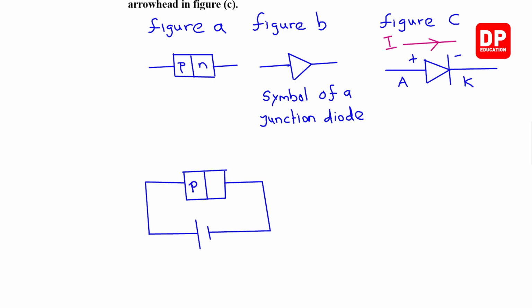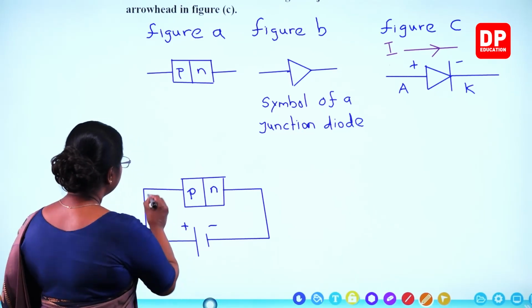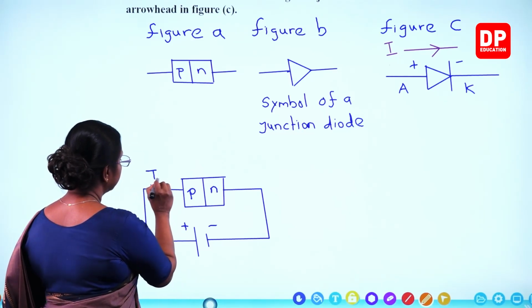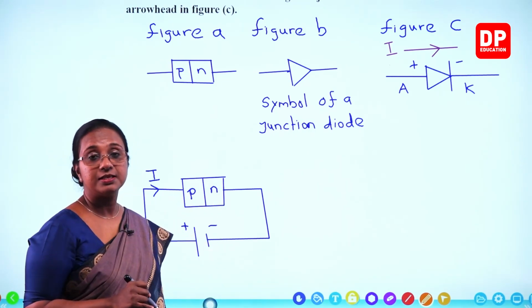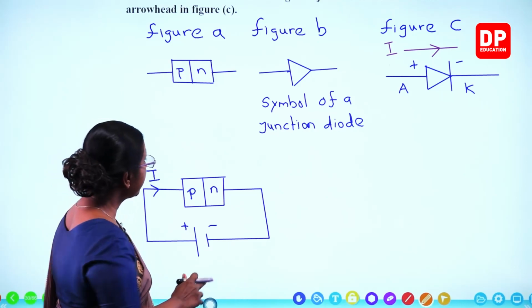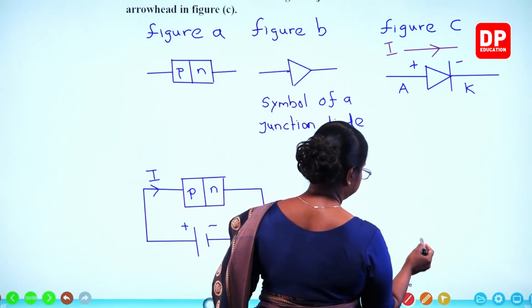So this is the P region, N region, positive terminal, negative terminal. When positive is connected to P and negative terminal is connected to the N region, current flows through the PN junction. So this is a forward biased circuit. The same way, if we use the circuit symbol, then you will see